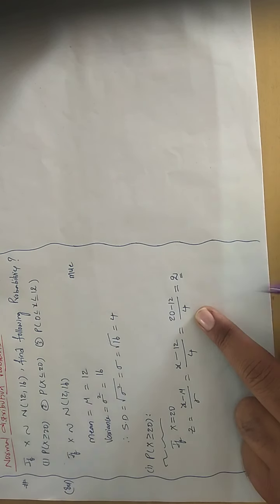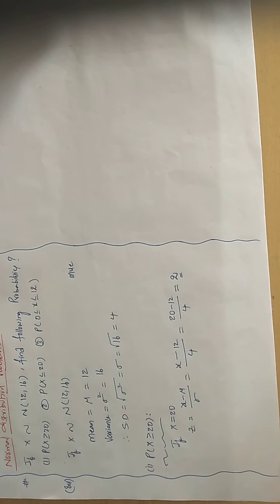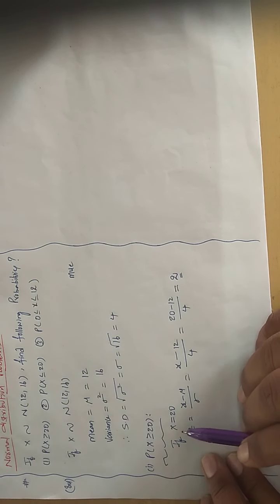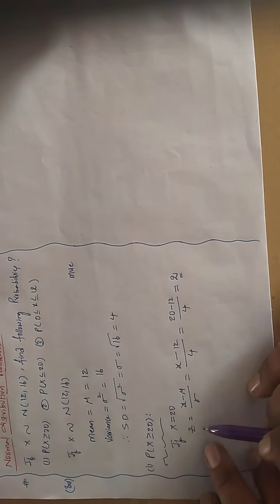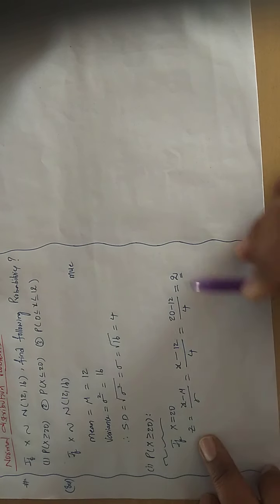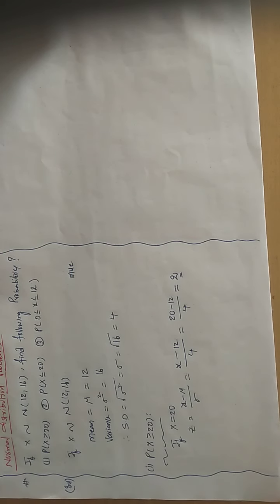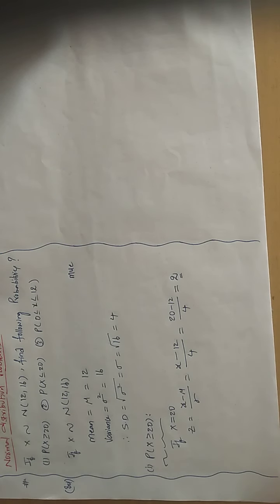This is important. So what is the meaning of that? If the normal distribution takes 20, then the standard normal distribution takes 2. That means we simplified. The 20 we converted into a standard form, 2. So when we know the standard normal variate value of the normal variate, then you can apply the tabular values to get the probabilities.